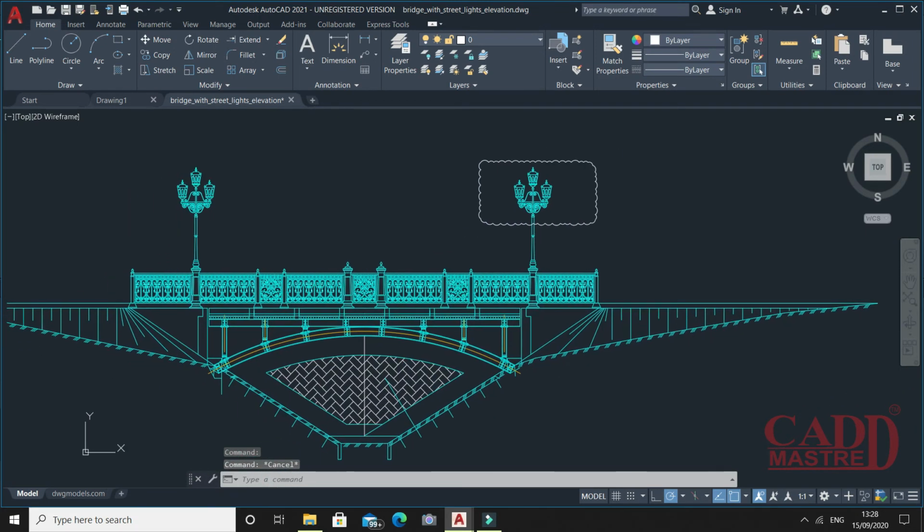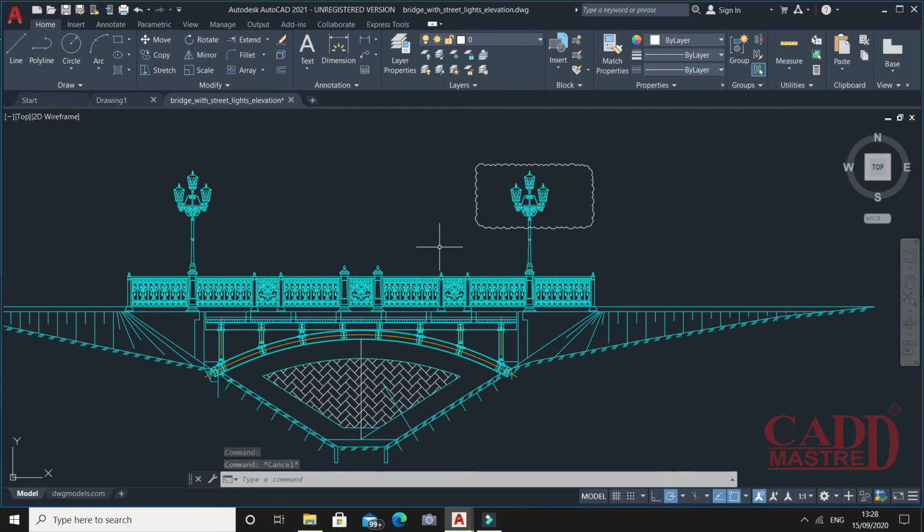If you want to change the arc length to constant or variable, you can have control over the Revision Cloud. Just type REVCLOUDARCVARIANCE. Now here the system variable is on. If you want to lock the arc length of the Revision Cloud, you can turn it off. So by changing the variable, you can control the arc length of the Revision Cloud.